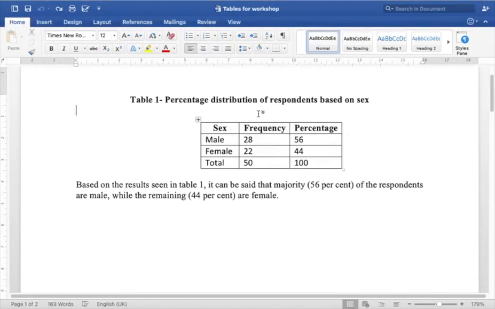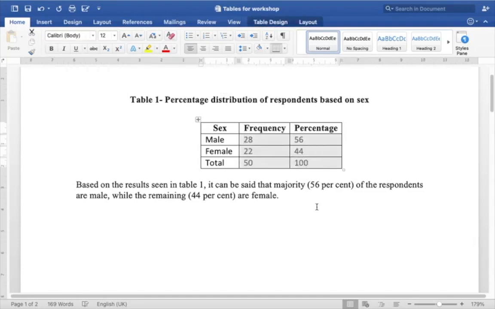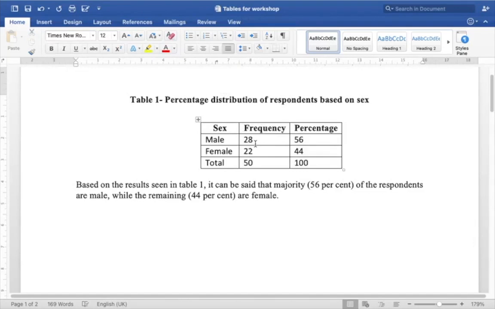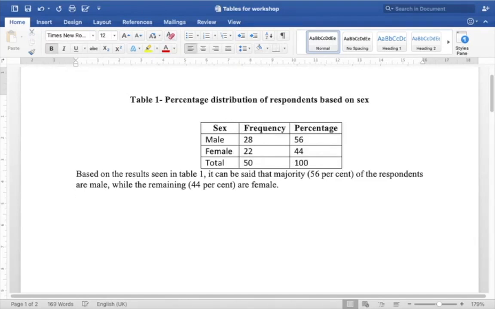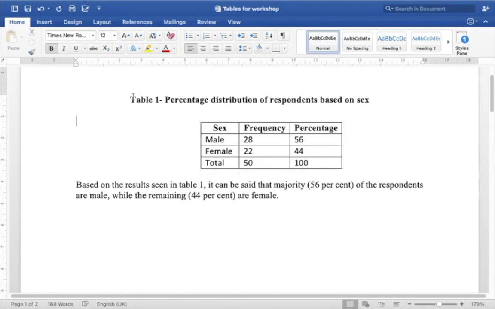Once you are done, please remember, do not copy paste the table from PSPP, because first of all, there is a problem, and even if you copy paste, it is all jumbled up, it will not look good. So, better you create a table, find out the numbers, keep the numbers in mind, or take a screenshot like I told you, and then create your own table and do it neatly. Neatness is very, very important in research, it has to be clean, easy to understand. So, here the title I have given is percentage distribution of respondents based on sex, and then frequency and percentage.